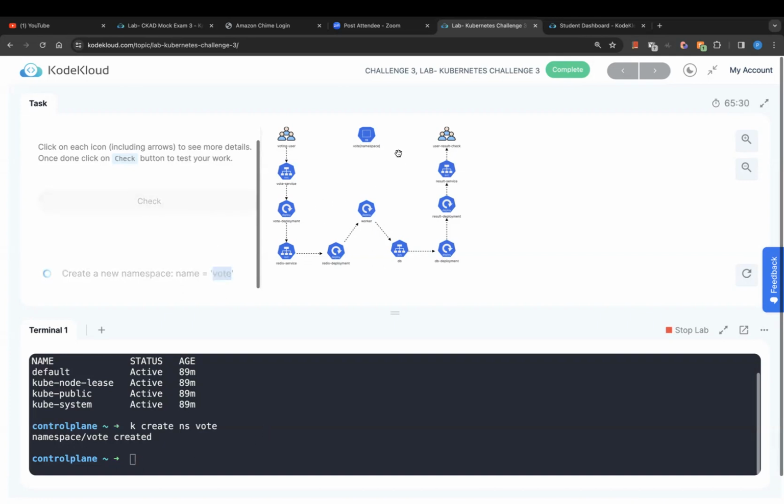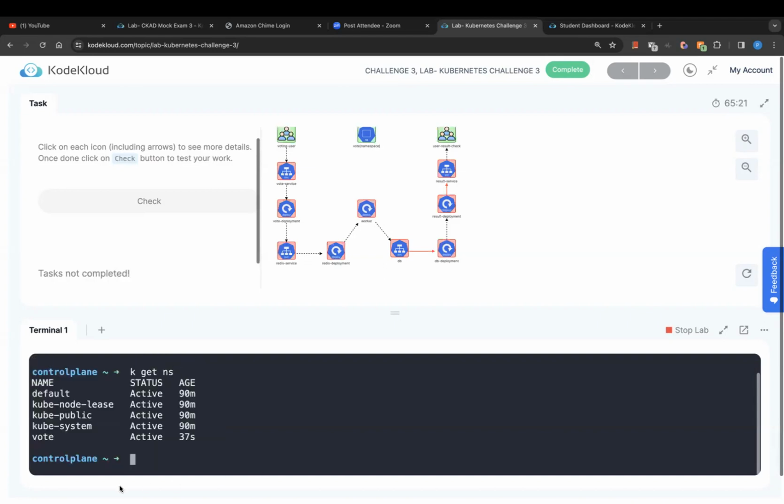So now if I go and do a check, this should at least show green. Okay, cool. All right, so that looks good. So now that we have our namespace, if we do k get namespace, it should also show here at the bottom as far as vote. Awesome. So let's go ahead and start from the left to the right,